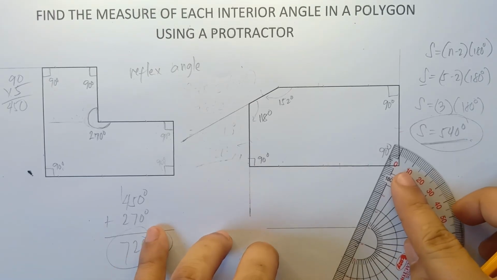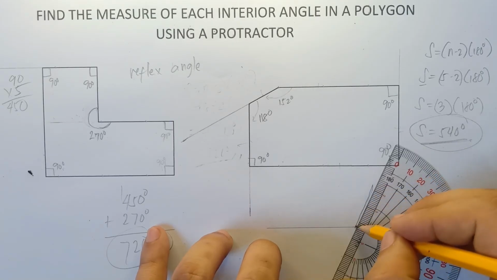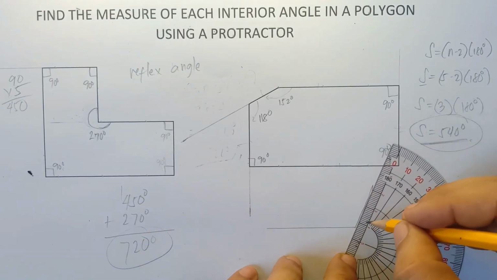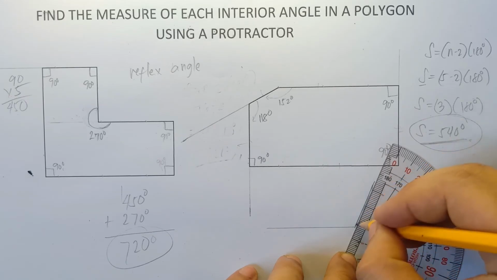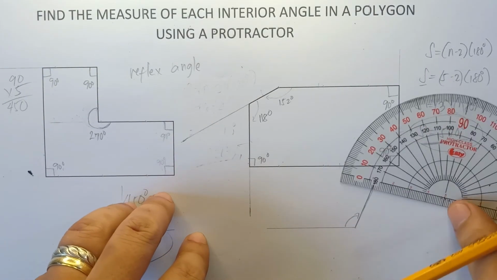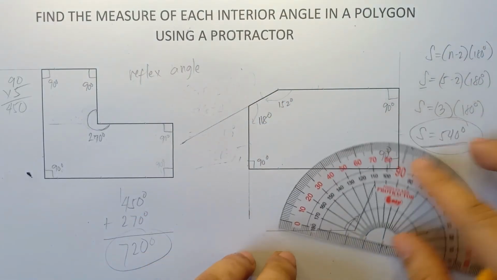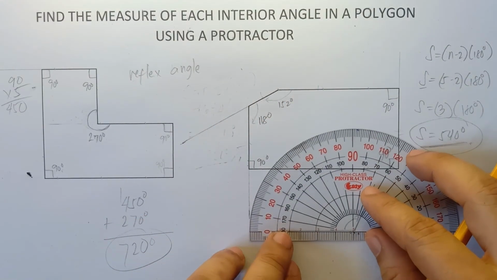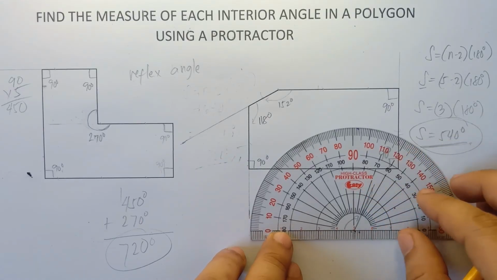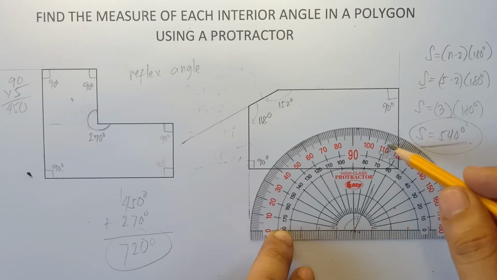And this one. Just an example, class. Okay, and you're told to find this angle right here. Now, if you use your protractor, you align the center part of your protractor on this given point, and then we align 0. So as you can see, class, it's hard for us to find that angle because we do have so many lines in this given protractor.